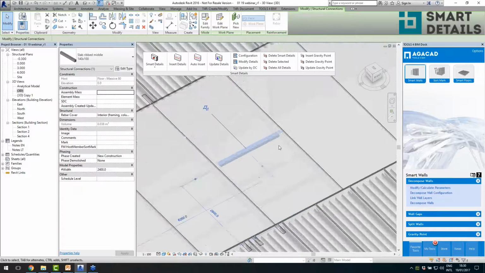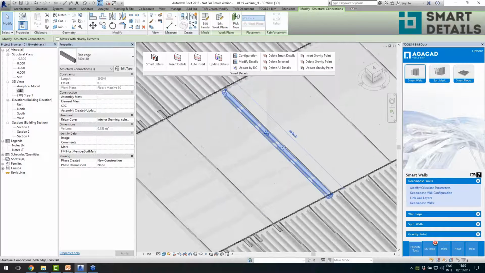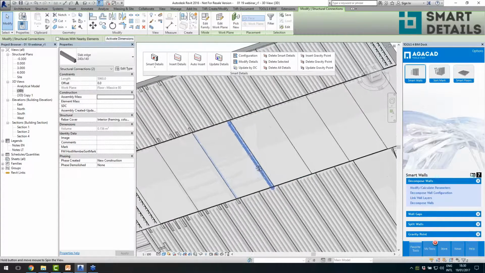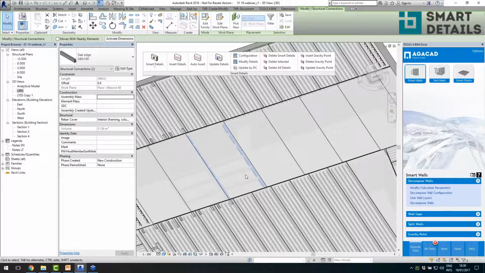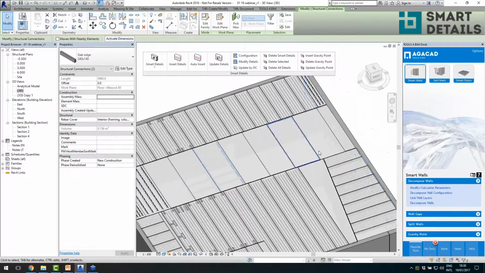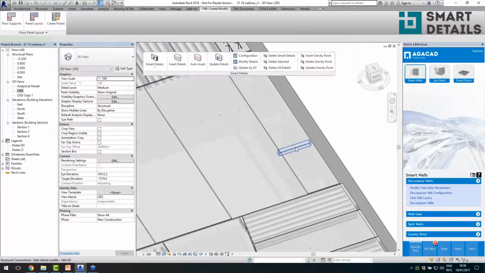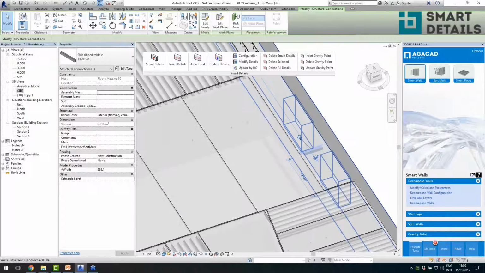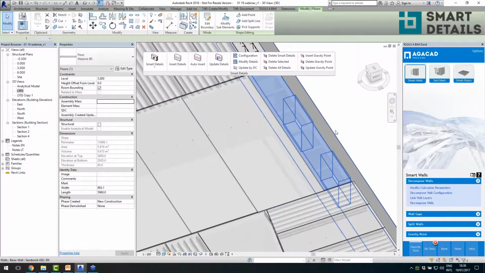What can you do? Let's say I inserted some ribs at the edges of the slab, and then some ribs in the middle, you know, to support the slab and so on. So there are different ways how to work with smart details. And one additional feature of smart details is that you see I used the same configuration for the